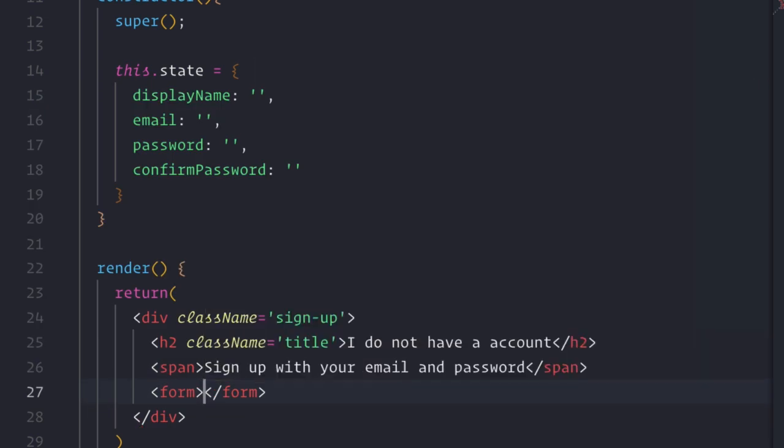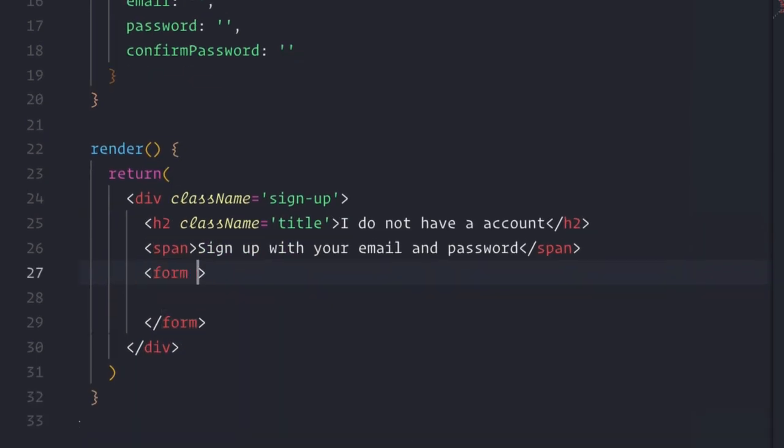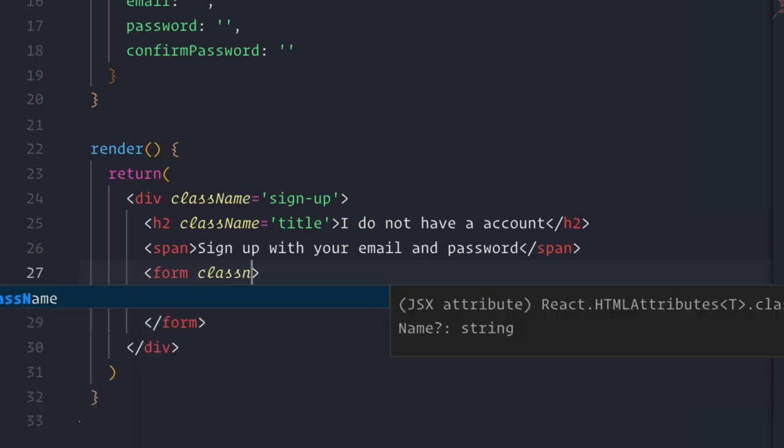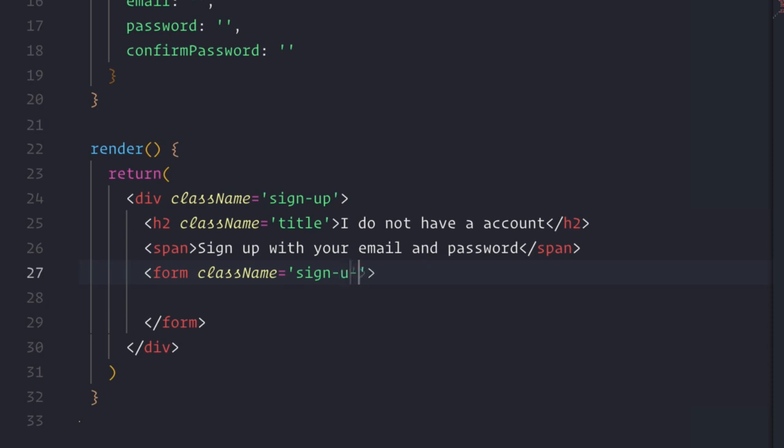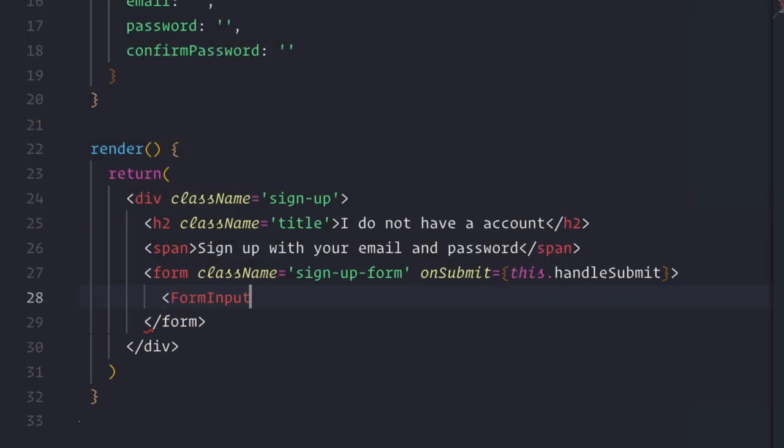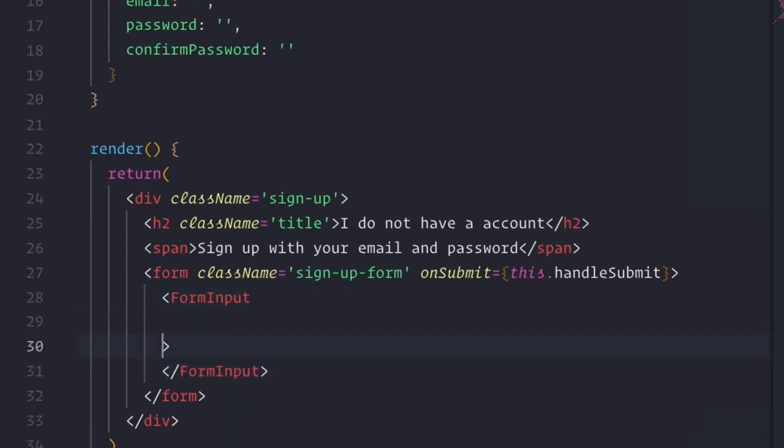And then we'll have a form. And just like our sign-in form, it's pretty much going to be very similar, right? Class name, sign up form. And our onSubmit will be this function that we will call handle submit, which we haven't written yet, but we will later. We need form inputs, and we're going to need 4 of them. But for now, for this first one, it will be a type of text, because this will be the display name. Name, display name,